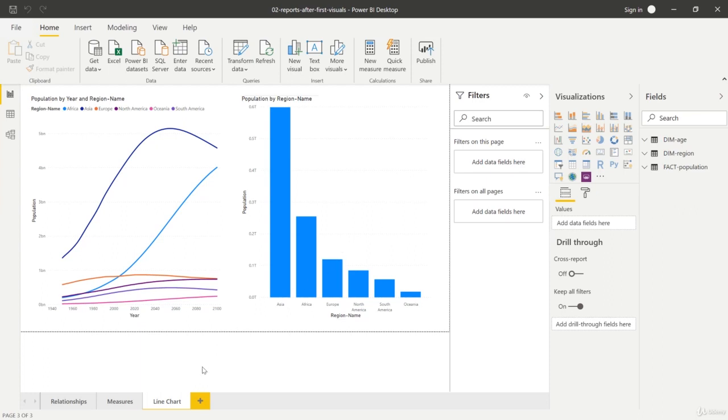So before we continue, let's first rename this page down here because we also have a column chart here. So let's maybe call this overview in the end because it's kind of an overview of our population data. So let's maybe do it like this. And as said in the last lecture, I now want to dive into another field